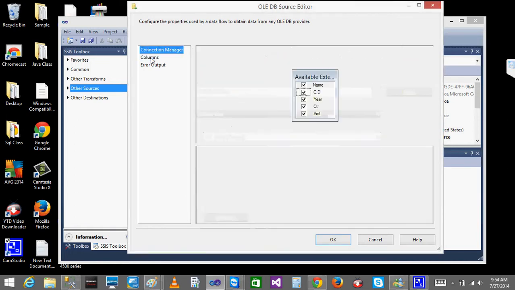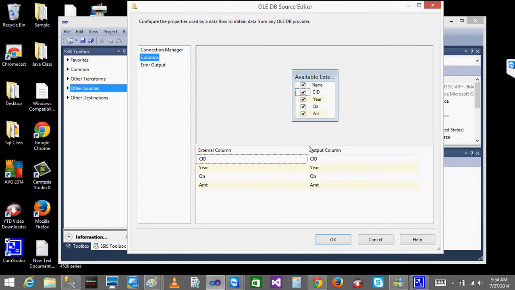When I click the columns, I'll be getting whatever the columns there are. By default it will be selecting all the columns. If I want only a few columns, I can select only the columns which I want from the table, instead of selecting all the columns. Okay, so this is by default. I don't want this. I'll be selecting all the columns. When you click on the name, all columns will be selected like this. If you want to remove one, just click on the checkbox, it will be removed. Okay, so I'll be selecting all the columns.